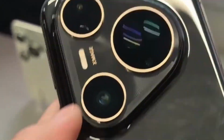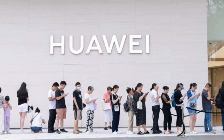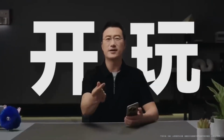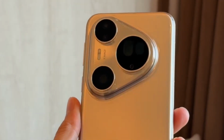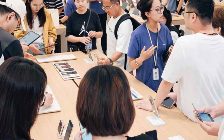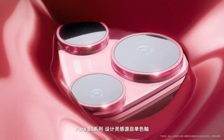Huawei says this move is all part of its broader plan to grow the Ascend ecosystem. The idea is simple: make powerful AI tools available to more people, and in return, get more developers and enterprises using Huawei's hardware and software. In their official statement, Huawei explained that this strategy will promote innovation in large model technology and speed up the use of AI across different industries. Whether it's healthcare, finance, manufacturing, or education, these open-source models could help bring AI into every corner of business and